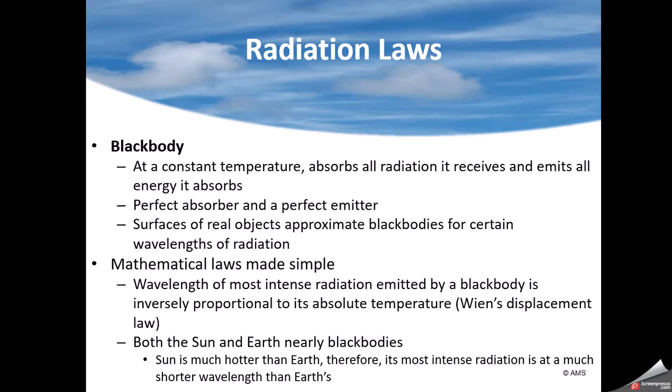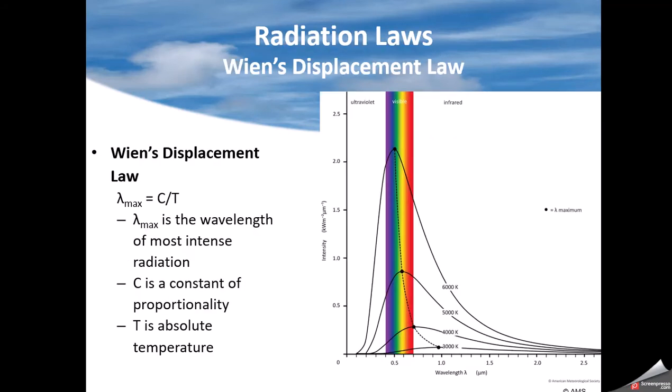There are certain laws that apply to a black body. For example, the wavelength of the most intense radiation emitted by a black body is inversely proportional to its absolute temperature. If that temperature is 100,000 degrees, 1 over 100,000 is going to be a really small wavelength. If that temperature is 70 degrees, 1 over 70 is still fairly small maybe, but nothing like the other. The sun is a whole lot hotter than the earth, and both the earth and the sun are black bodies. That says that for